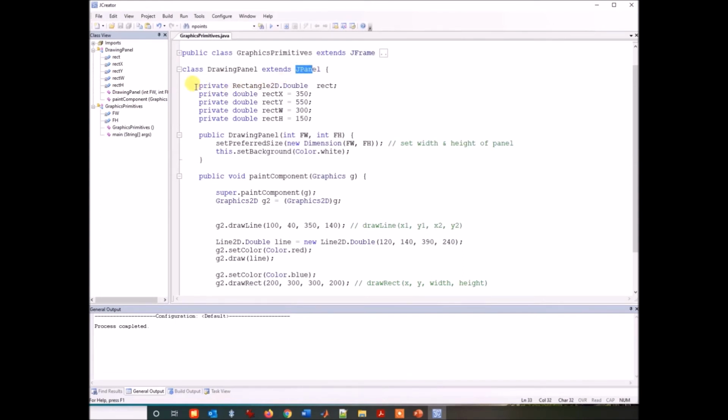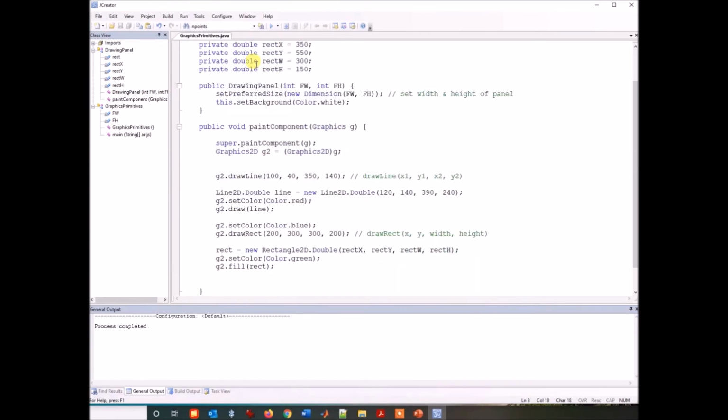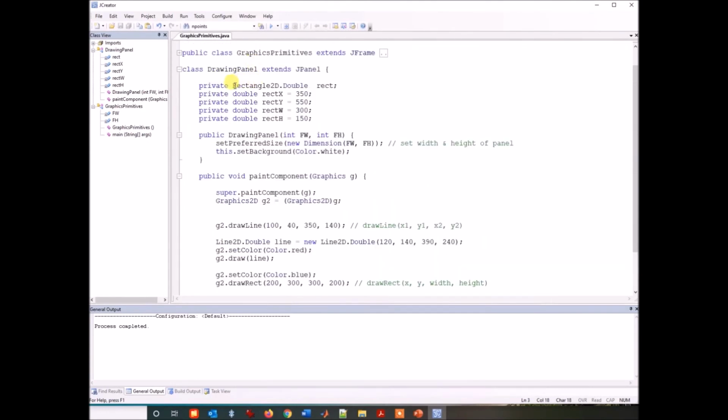So in this class we are defining some class variables, private Rectangle2D.Double. Now I am using the class from the geometry package. Initially we have imported this package. So I have created the object. Of course, right now this object is null because we did not assign any values or any parameters to this object, but this is the class variable. Then we define the four other variables which we are going to use to create the Rectangle2D.Double object.